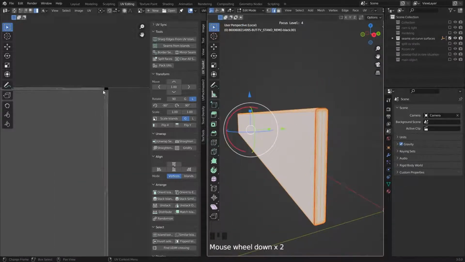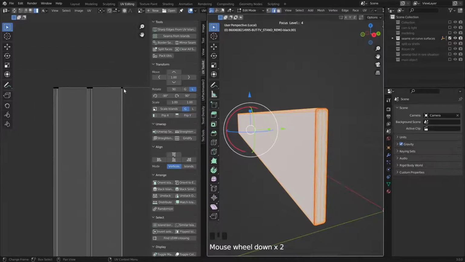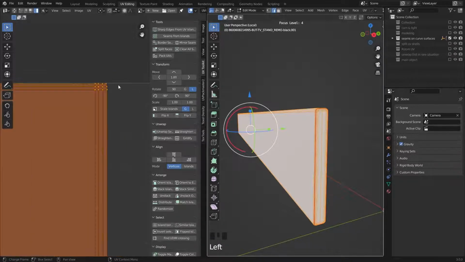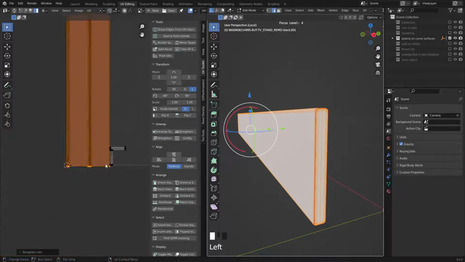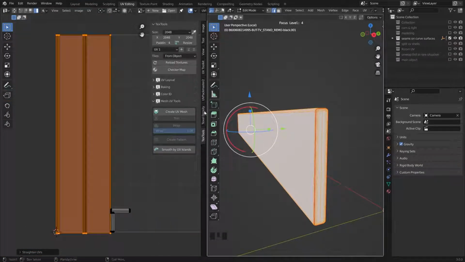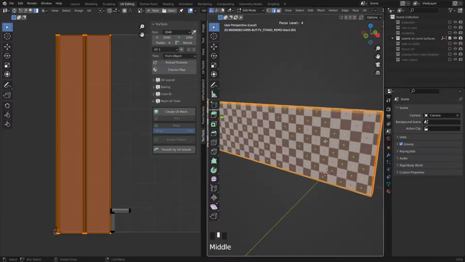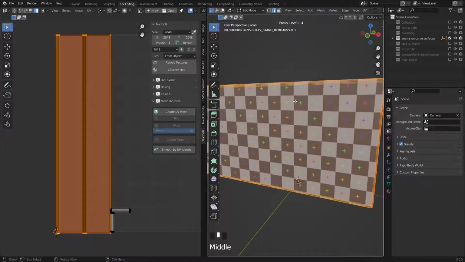Okay, if I go here, you can see in this place it's not straightened or rectified, so I go to my UV toolkit, select my UV shell and hit straighten. You can see it completely becomes straight and rectified. And if I give it a checker map, all the rectangles are equal, okay, in the width and the height.